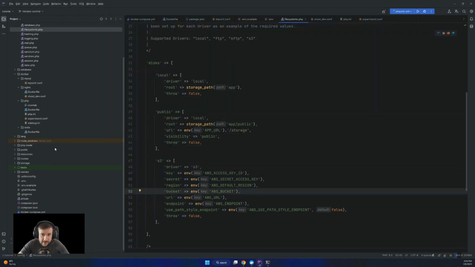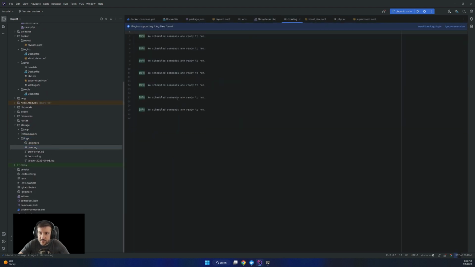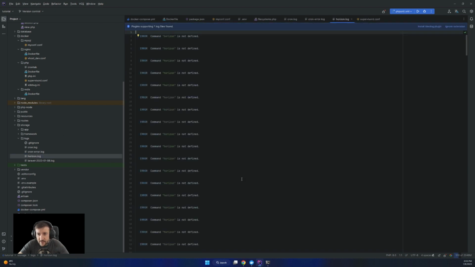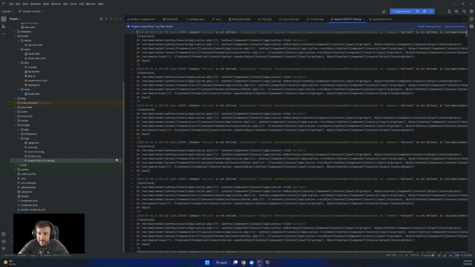And if we go now to the logs, we should have some. For cron, there are no scheduled commands to run, so the cron error log does not have any error because it didn't run any cron. And Horizon is not defined, so we wanted to have Horizon up and running, but it's not defined.